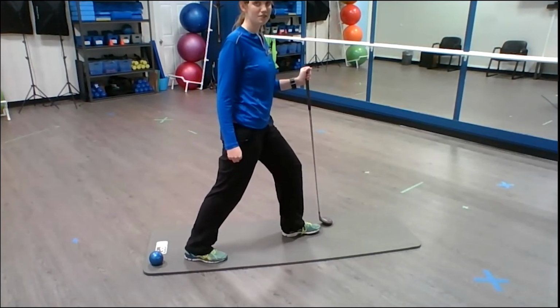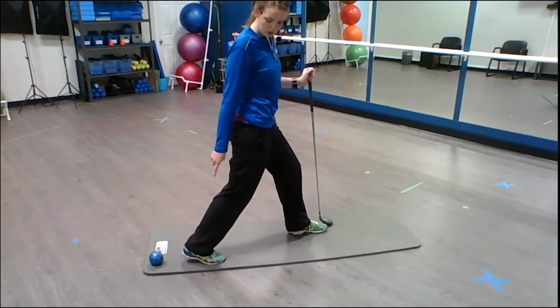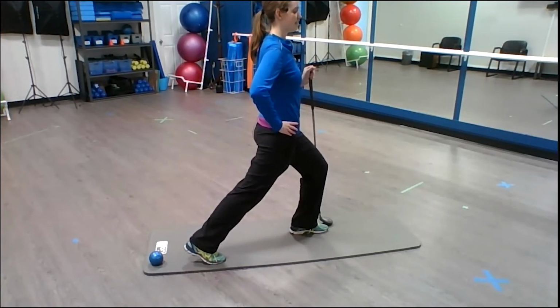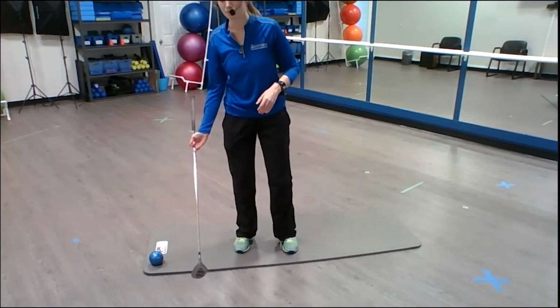The next one is a hip flexor stretch. In a lunge position, the back leg is going to be slightly bent with the heel up, and then staying nice and tall, you're going to lean forward, like that. Good. So moving to the upper body,